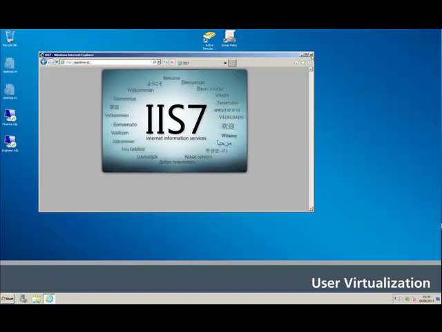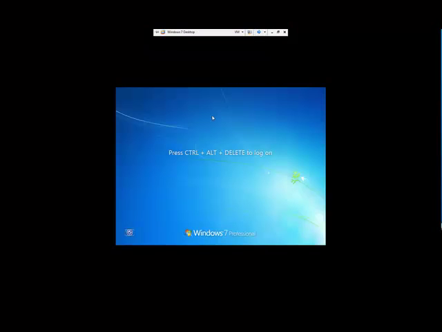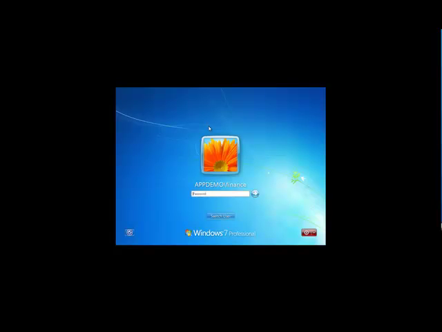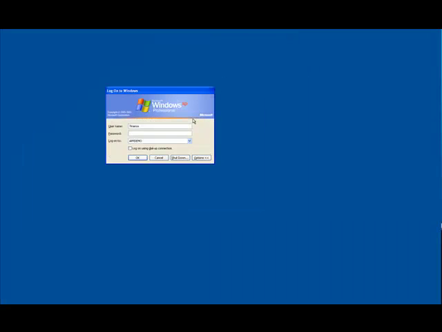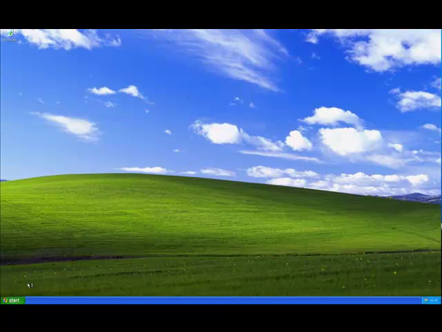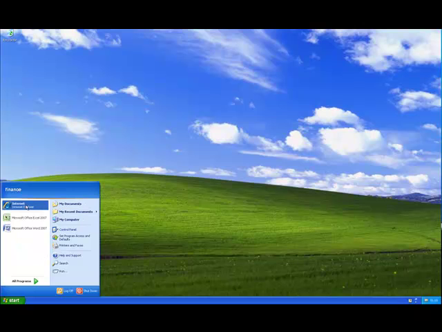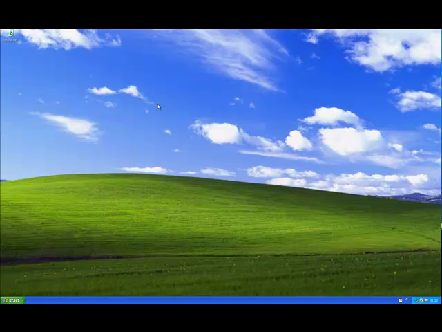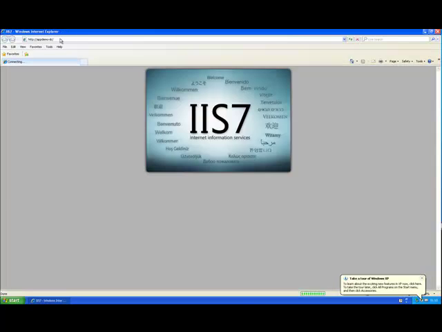So let's just close that down, and now I'm going to move across and log on to my Windows 7 machine, and we'll check here as well to make sure that everything is working fine. While we're waiting for that, we'll also log on to the XP machine to make sure that this is going to all work as well. So here's our XP machine firing up. If we go to Internet Explorer, all we're testing here is that our network connectivity is working. We can see that my XP machine is working quite happily there,